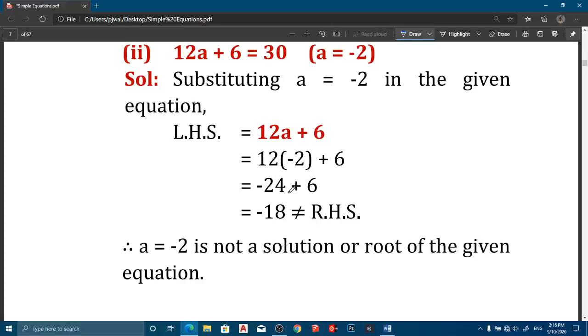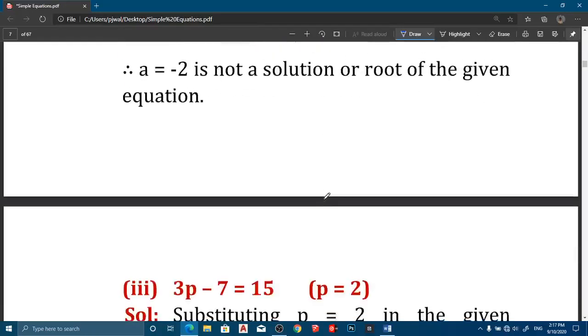Here we are not finding any solution of the given equation. We are just checking whether the given value is the solution or not. To find out the solution, there are 4 methods. We will learn them later. Just we are checking whether the given variable value is the solution of the given equation or not in this problem. The next one,